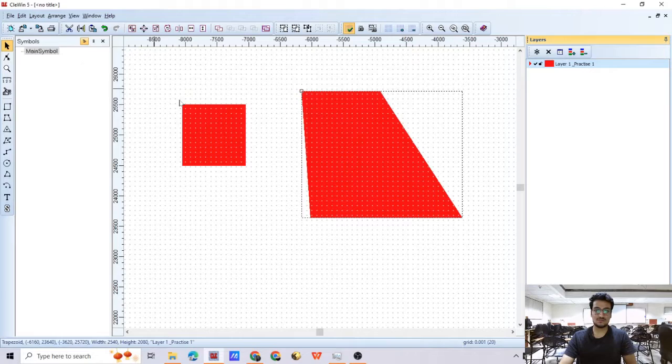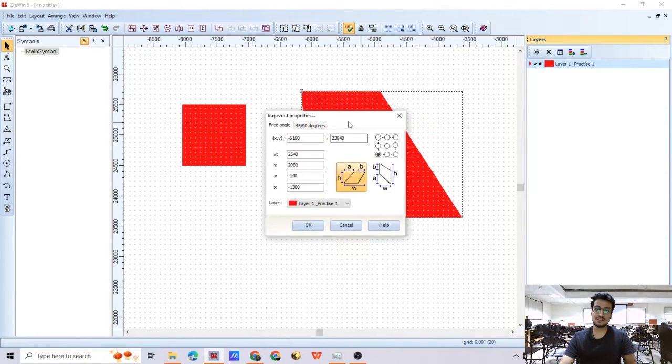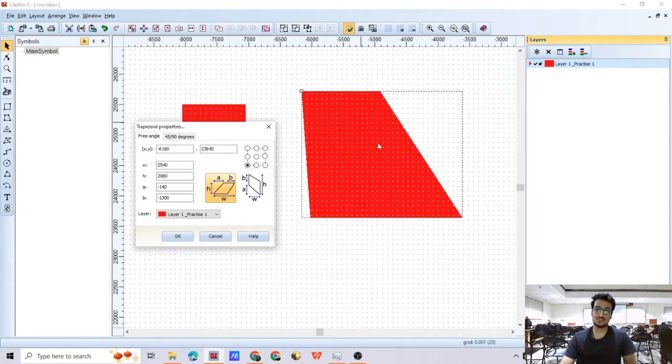So we can also select this and check its properties. Here we have different options to change the dimension of this specific trapezoid. So you can check it here, W, A, H, B, whatever you want to change, you can give the specific values here. And again the same thing, with respect to which point you want to make the changes, so you can fix that specific point. Okay,